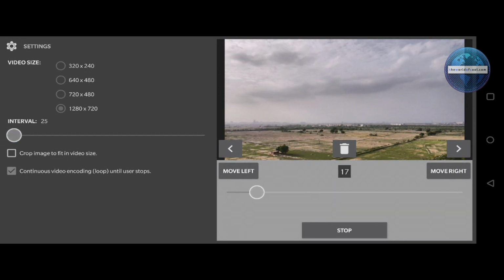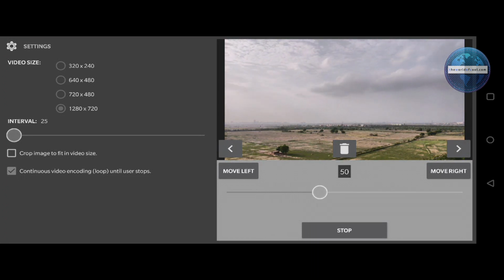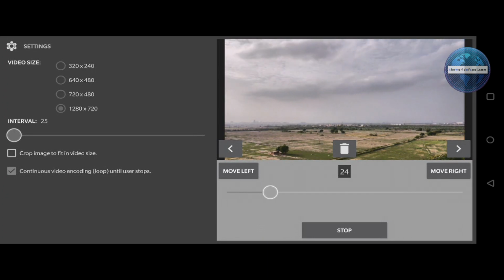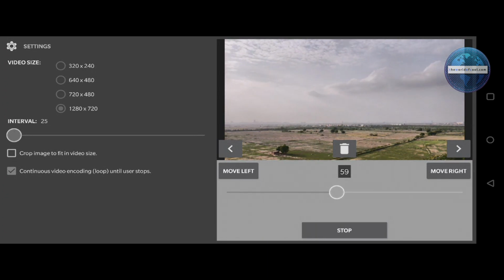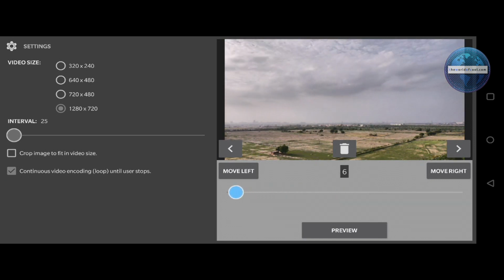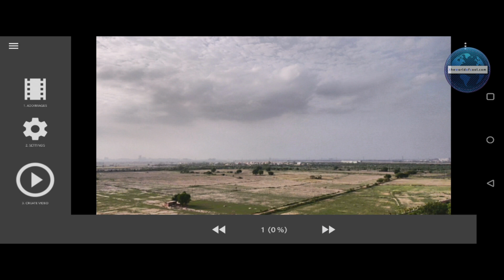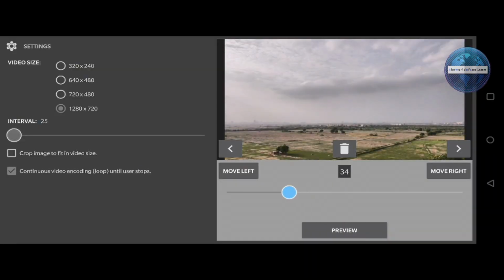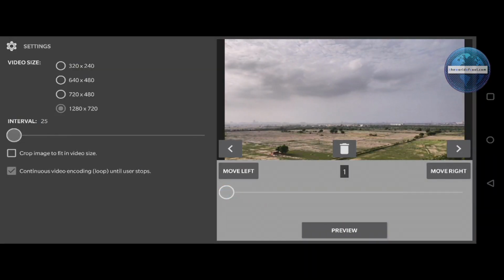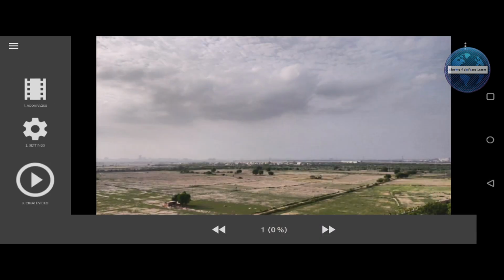I usually set it to either 0 or 25. That's kind of where my motion remains fluid and not jerky, and I like it. But make sure you bring the cursor back to frame 1 and disable the loop option before hitting back to go back to the settings. These two are absolutely necessary steps, and I repeat because I care. Drag the cursor back to frame 1 and double check that you have disabled the loop function before you tap the back key on your phone to continue.